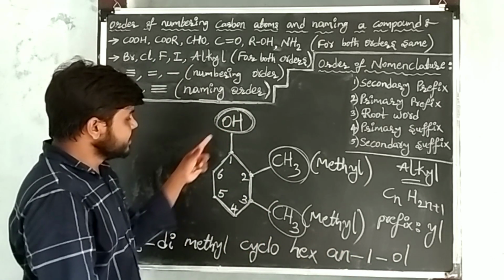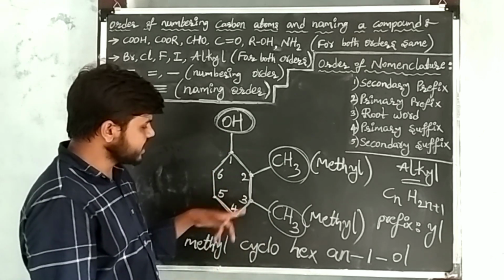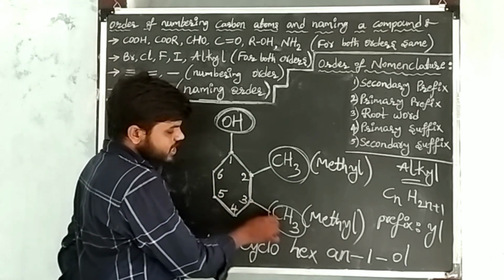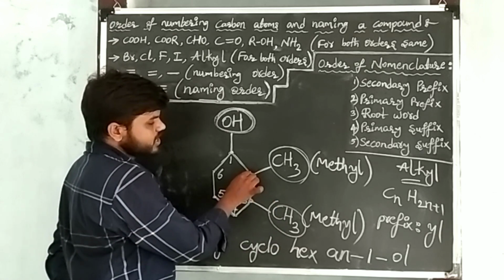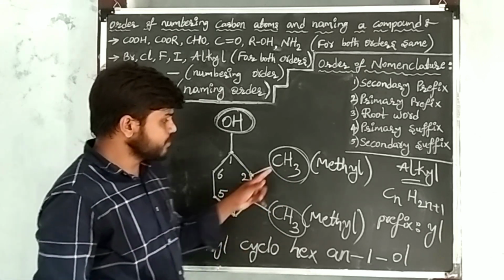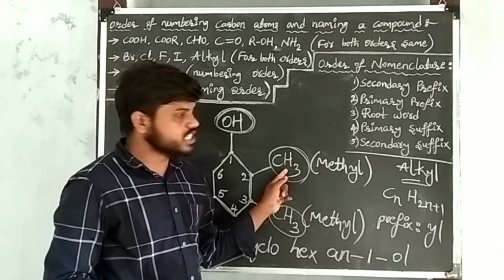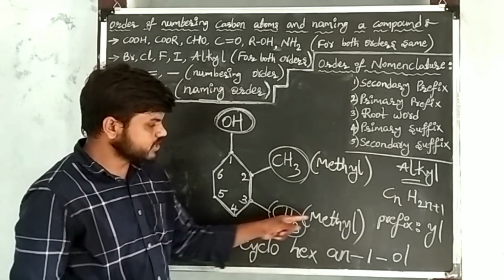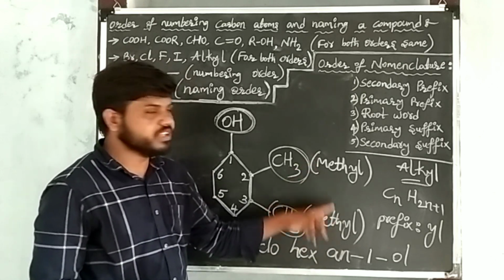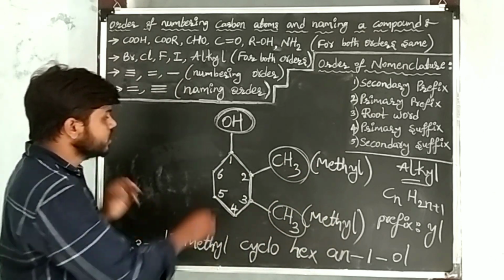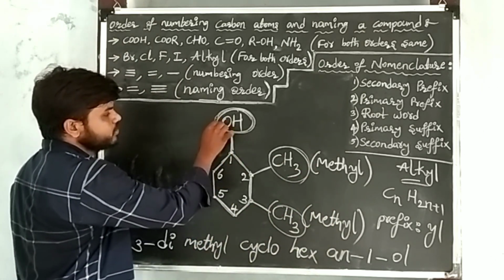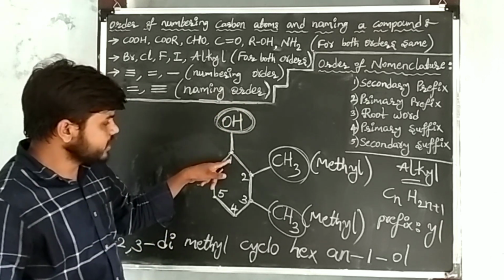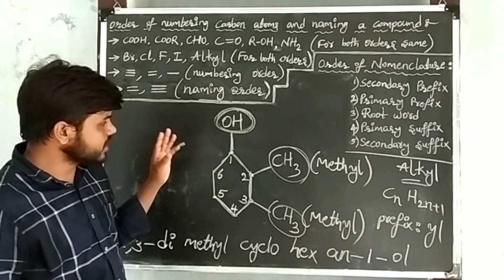I am repeating, this is the given carbon compound. In it, at this carbon one substituent is there, and at another carbon one substituent is there. The name of the substituent is methyl. It belongs to the alkyl group. You can check with the formula. Two methyls are present in the given carbon compound, and at this carbon one functional group is there, that is alcohol.